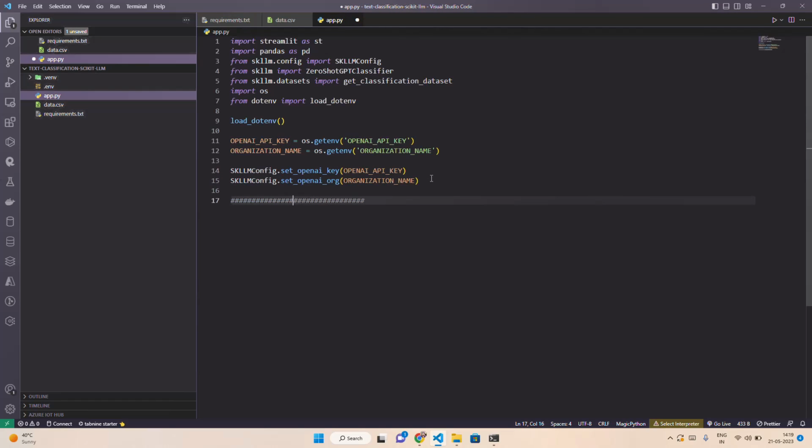Now let's write the code for the sentiment classifier. Okay, and now here we can write. Now the next thing is we need X and y. Pretty much, we are going to basically classify the get_classification_dataset. Okay, let's initiate this method we have imported on top, and our classifier variable, so clf, and we are going to use this module ZeroShotGPTClassifier that we have imported as well from skllm, scikit-learn LLM, and it